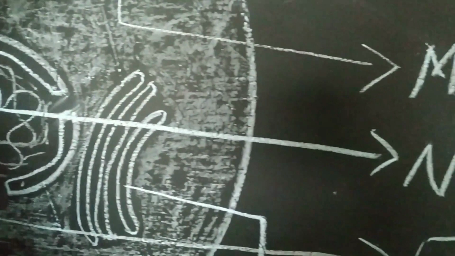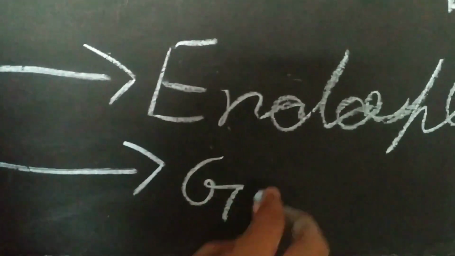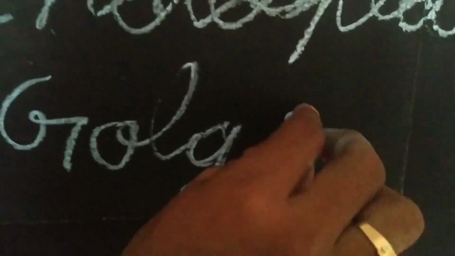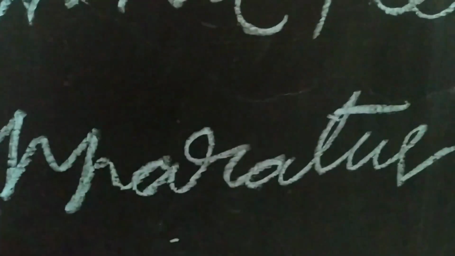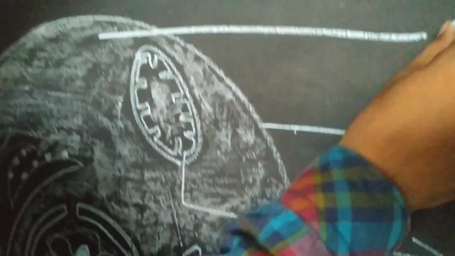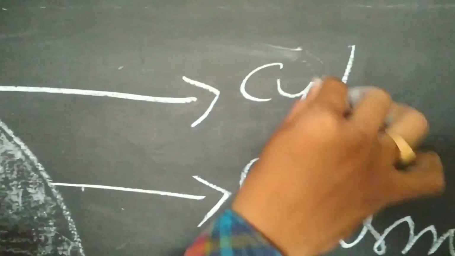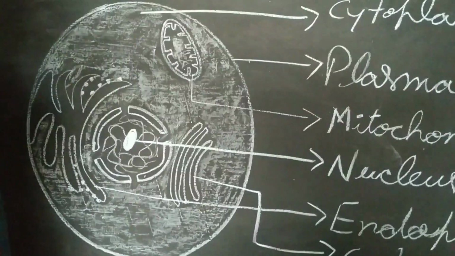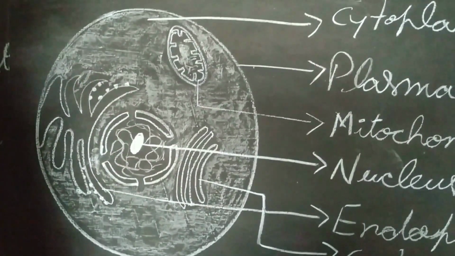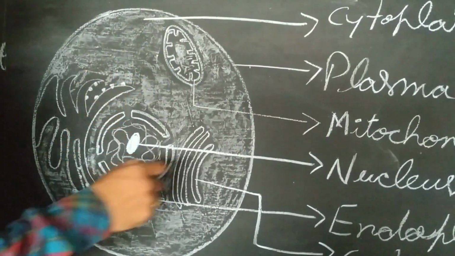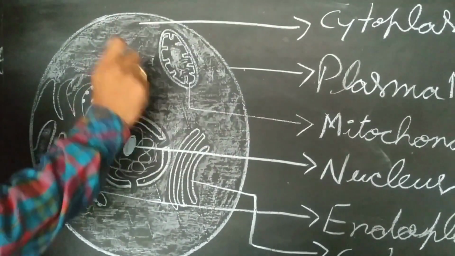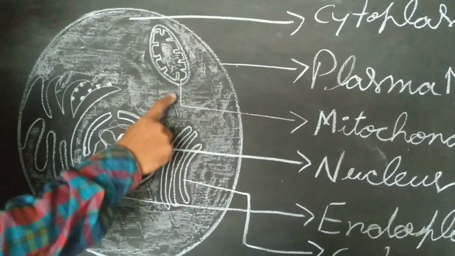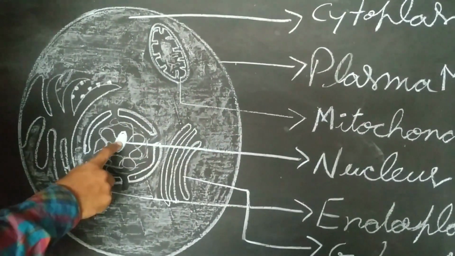Golgi apparatus, cytoplasm. This is the structure of an animal cell. Cytoplasm, plasma membrane, mitochondria, nucleus,